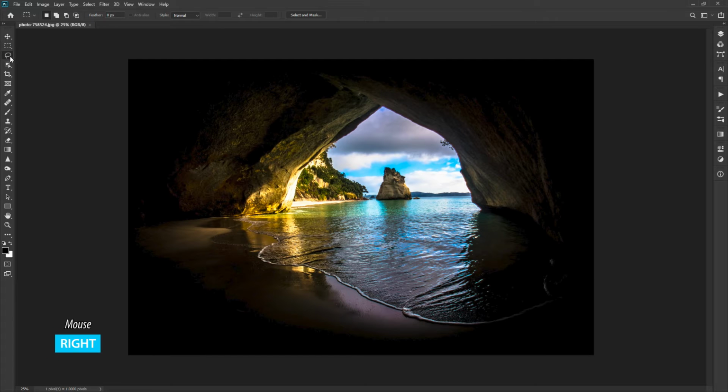Either you can right-click or press and hold the left mouse button on the tool to show the hidden tools. You can also select the hidden tools by pressing the Alt key on Windows or Option key on Mac and click on the tool. The tools will get selected by the sequence. Like panels, tools can be merged or shifted to other groups also.